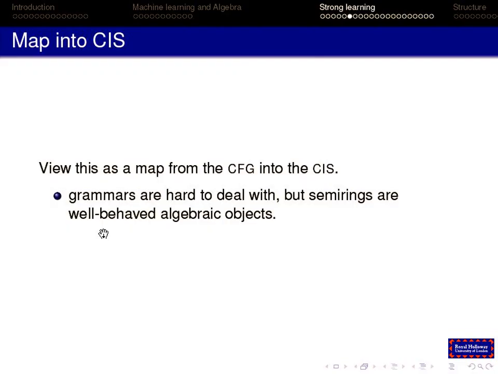But we also have our semi-rings, the algebraic structures, which are nice, well-behaved algebraic objects. So by doing this map, we moved from our grammatical representation to an algebraic representation.